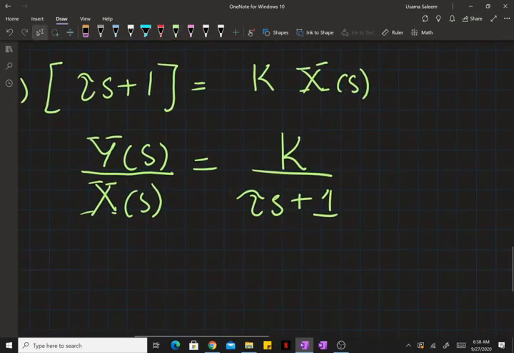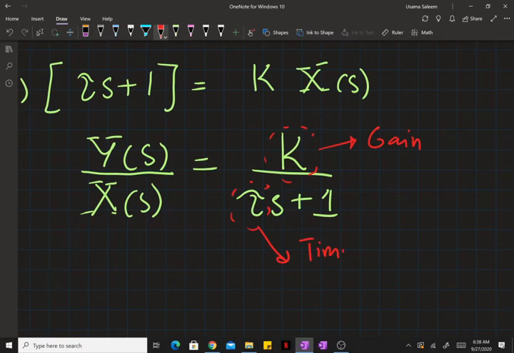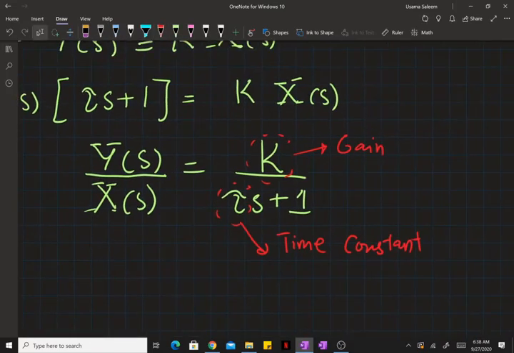So for a first order system, the transfer function consists of the gain of the process and the time constant of the process,